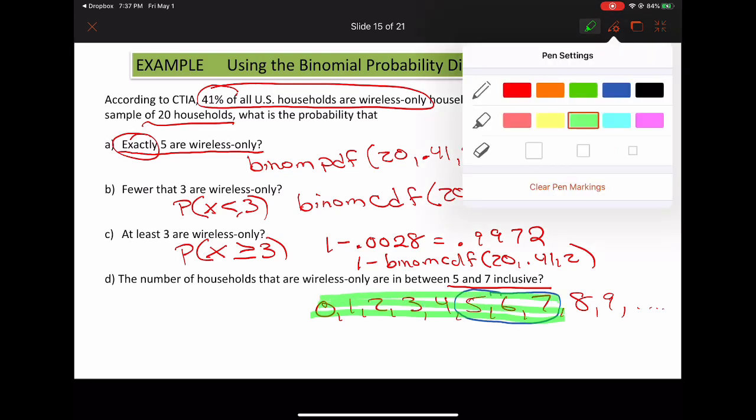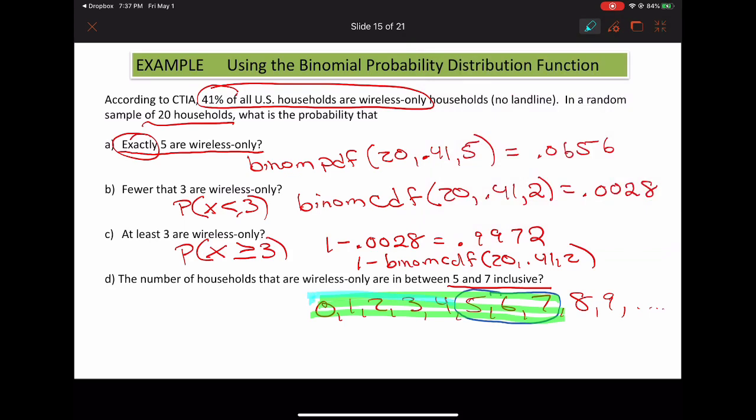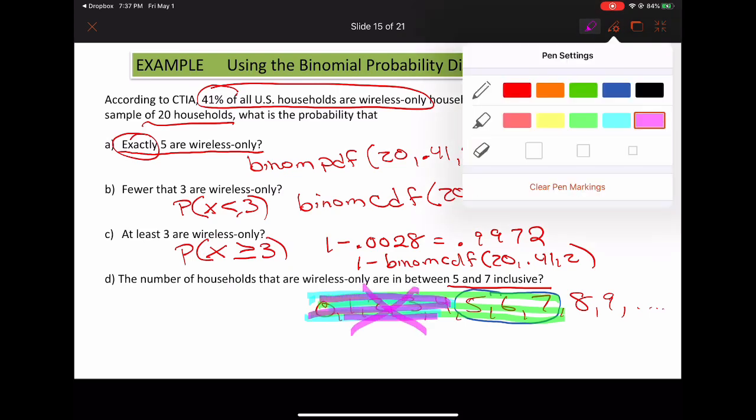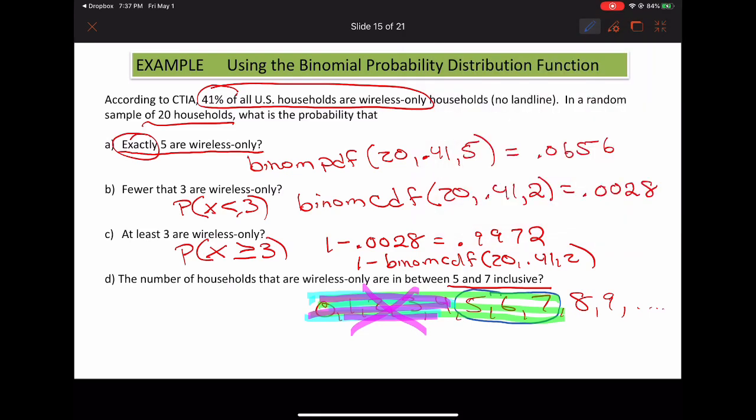Once I find all of that, I can find all of this right here. That's not a good number. That doesn't help me to see it very well. I can find all of this right here and subtract it. So what I would do, and you can put all of this into your calculator at once,